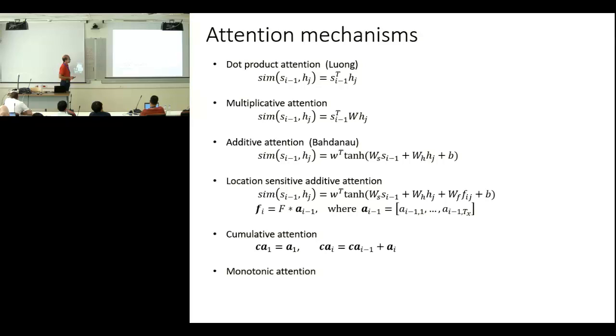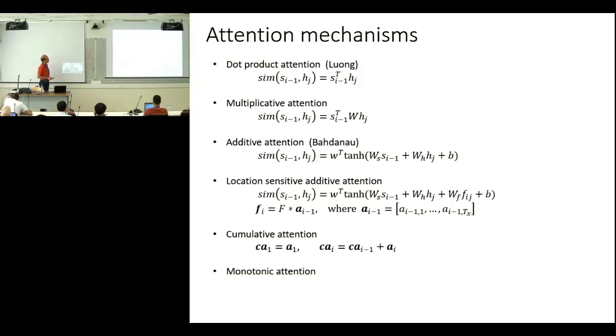This is a learnable weight. These also are learnable weights. So we multiply the previous step of the decoder with a matrix. We have a value. We multiply each one of the states of the encoder with a matrix. We sum them together. We also add a bias. We pass through a nonlinearity. The value is multiplied with a constant V, and we produce this score.